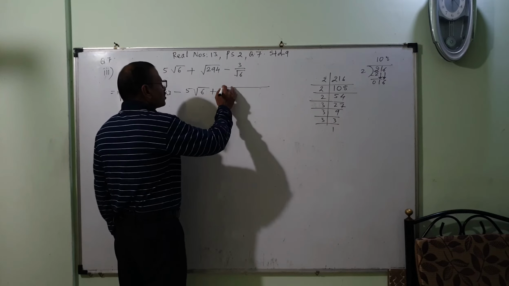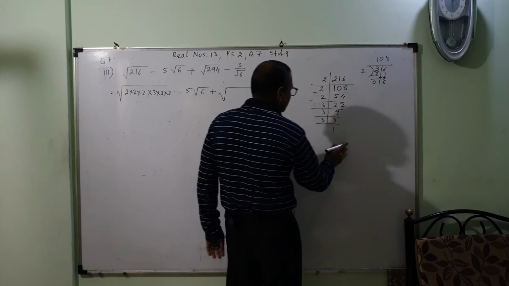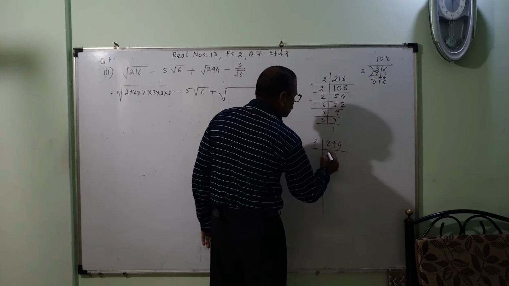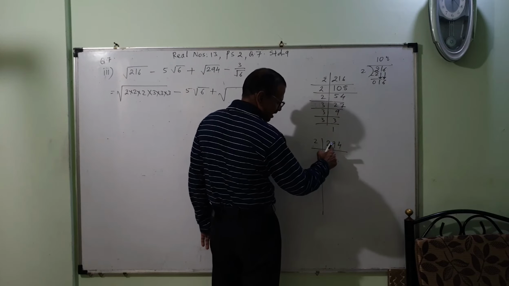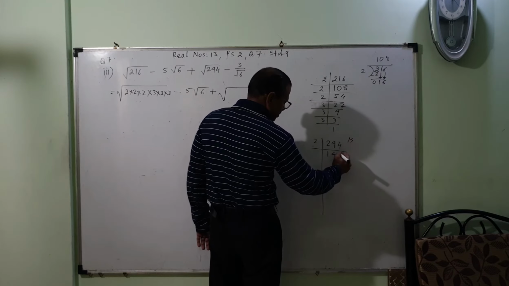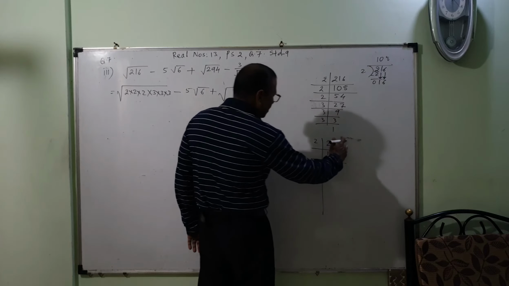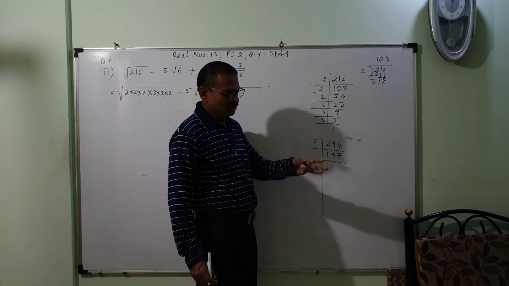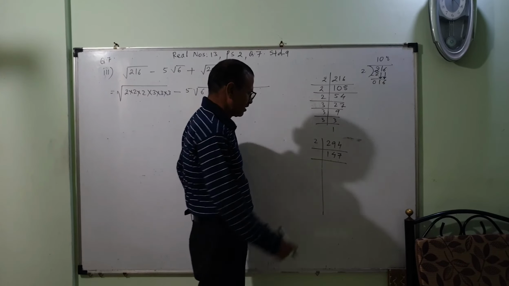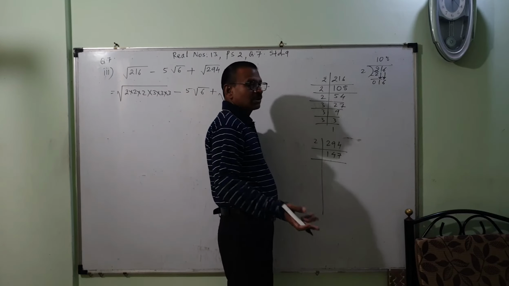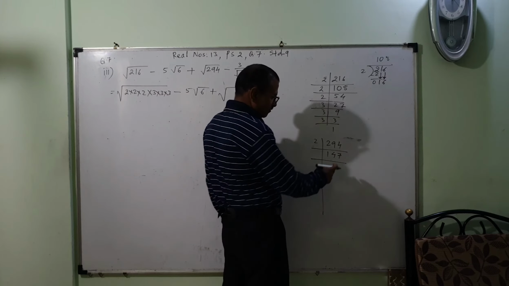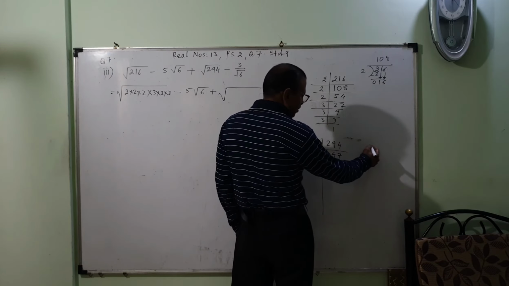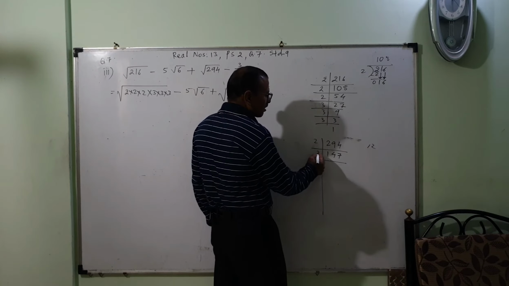Now this 294 also I will write. 294, factorize it. 2 1s are 2, 2 4s are 8, remains 1, and this 4, 2 7s are. Now there is no question of dividing by 2 because last number is 7. It should be 0, 2, 4, 6, 8 like this. So I will use the rule of divisibility of 3. Add these all numbers. 7 plus 4 is 11, 11 plus 1 is 12. 12 is in the table of 3, that's why I can divide by 3.